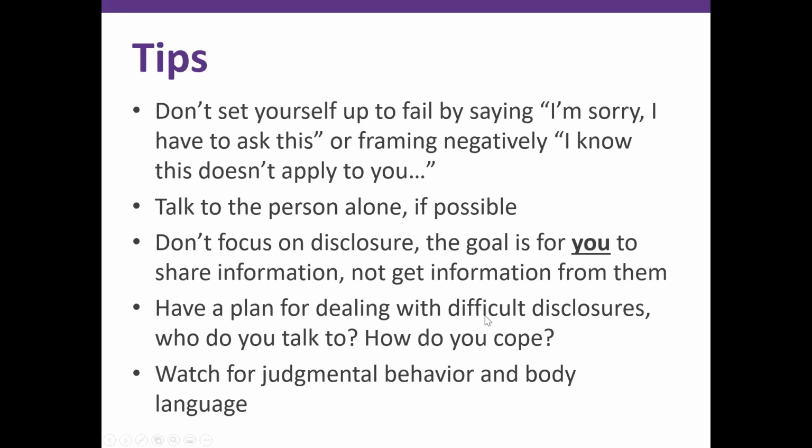And I recommend that folks have a plan for dealing with difficult disclosures as a team. So who, amongst your coworkers or your supervisor, do you talk to when there's been a difficult disclosure? Secondary trauma is very real, as you know, from lots of other things. And hearing somebody's story and experience of abuse can definitely lead to secondary trauma. And one of the best ways to counterbalance that secondary trauma is with reflective supervision. And really, that's just a fancy term for talking about it with somebody else.